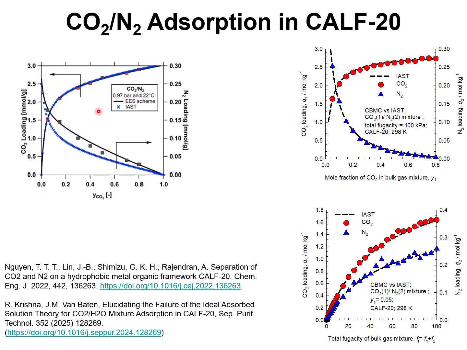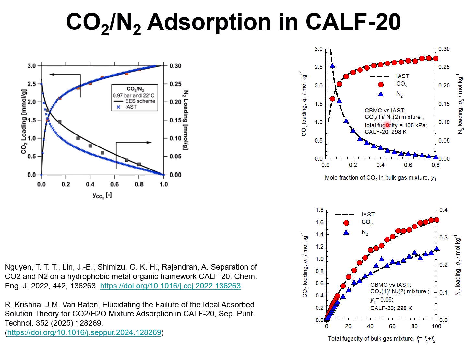and the experiments were carried out at a total pressure of 97 kilopascals and a temperature of 295 Kelvin. The IAST estimates of CO2 loading and nitrogen loading are shown by the blue crosses. We note here that there is a slight deviation between the IAST estimations for nitrogen loadings as compared to the experimental values. Now, in order to understand these small deviations from ideality that were reported in the experiments by Nguyen and Rajendran, we carried out molecular simulations for